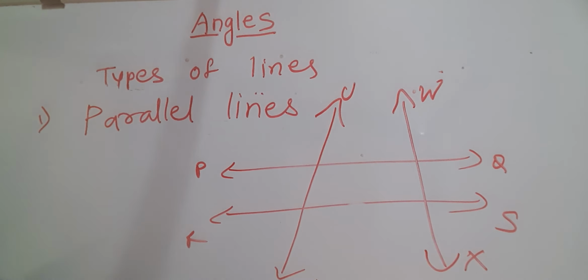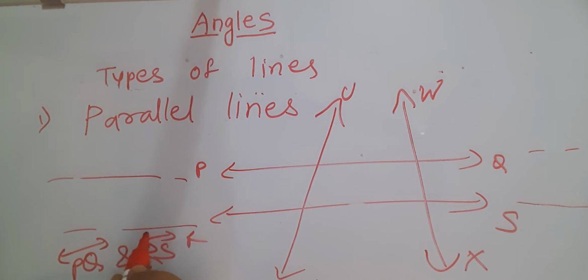In this, PQ and RS, if I extend them in any direction, are never going to intersect, never going to meet. So PQ and RS are parallel lines. But if you see UV